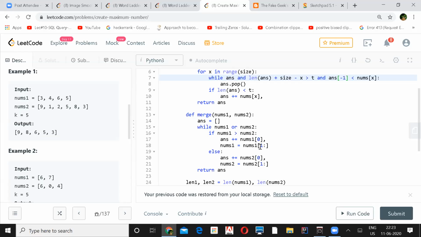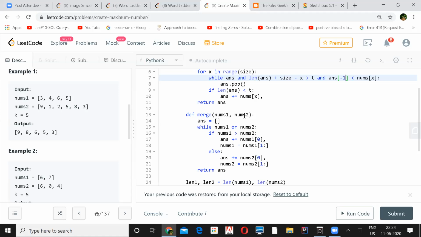Else, in the second case, if the first number of the second array is greater, like if 9 is greater than 3, then you append 9 to your answer, remove it from nums2, and pass 1 to 3 for the next iteration. Yeah, it's a normal merge process.